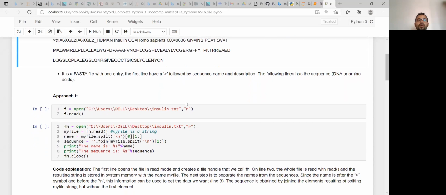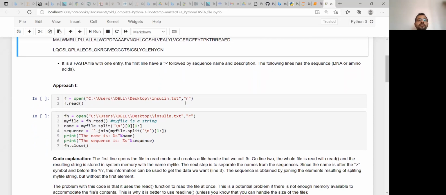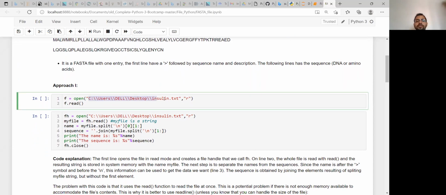Now we can do this in different modes. If I am running this code from any other directory, I need to place the full path here after the open command, right?